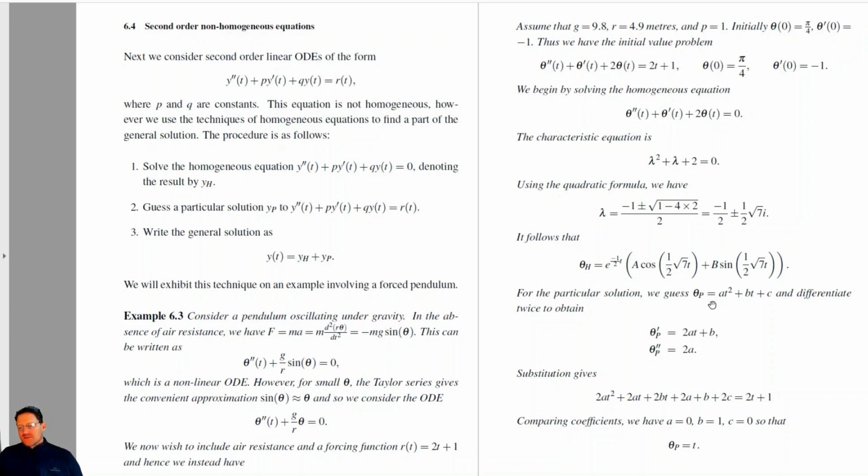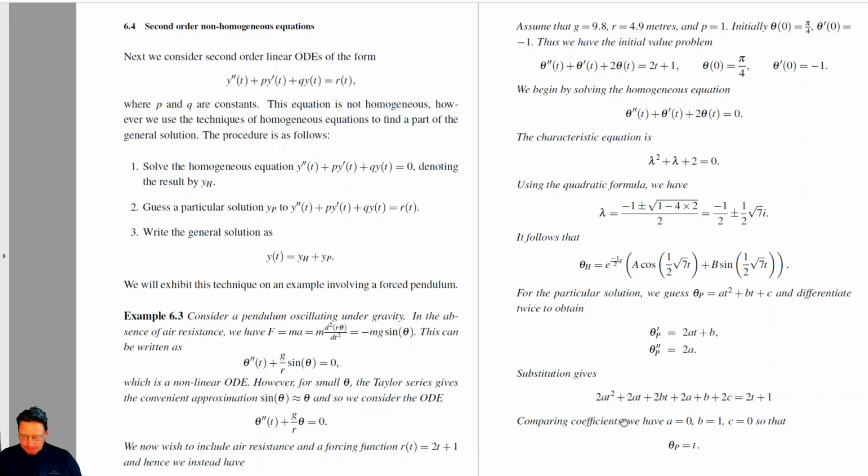Okay, so now we want to differentiate theta subscript p 2 times and sub it back into our ODE. So the first derivative there is 2at plus b, and then differentiating that again with respect to t gives us just 2a. So now we take these two, we sub it back into the ODE, and we compare. So subbing in 2at plus b, that goes in where theta dash is, but 2a is the second derivative, so we have